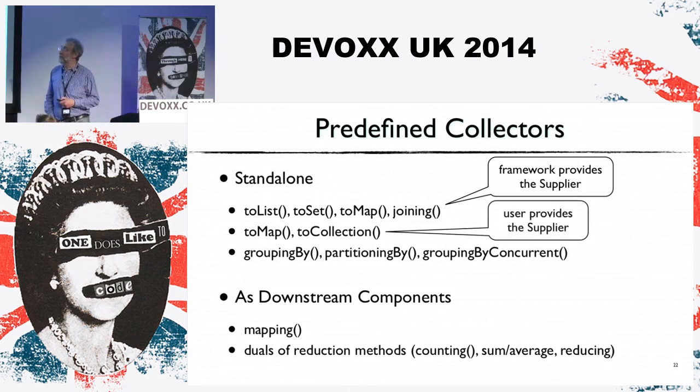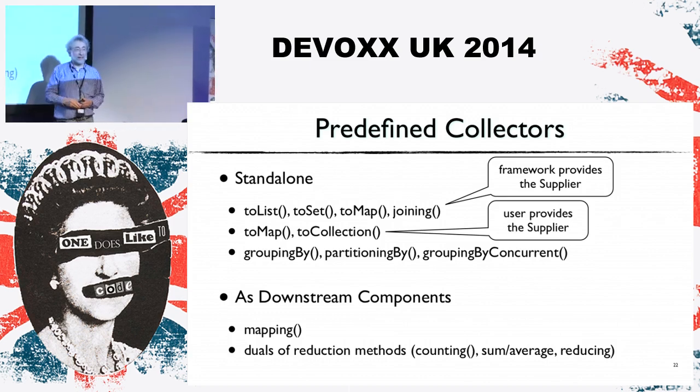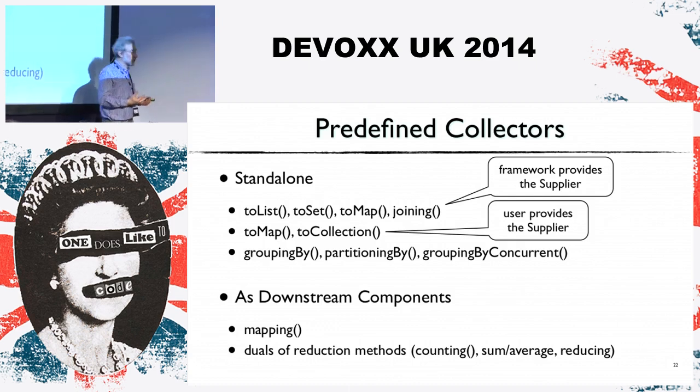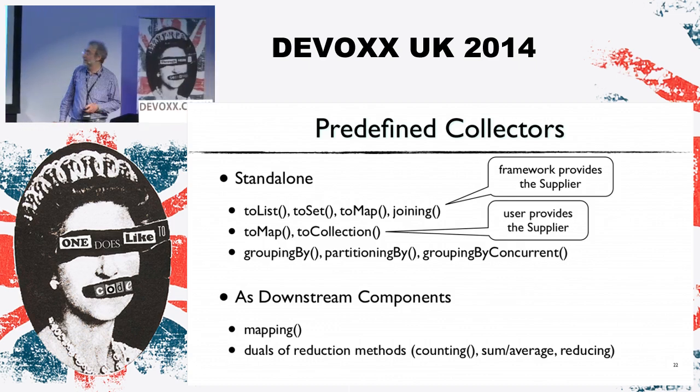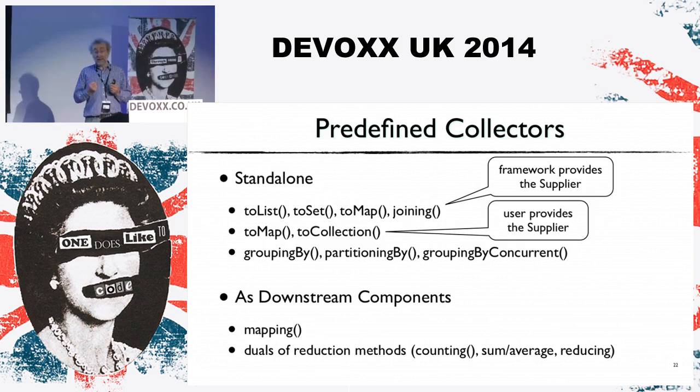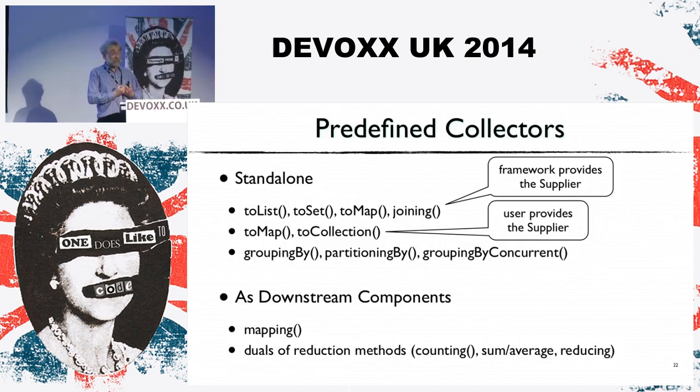To collection will cover toList and toSet, and toMap allows you to supply your own map. So these are relatively simple ones. Something a little bit more complicated are these ones here, the groupingBy collectors, which do classification. I'm going to talk a lot about those in the next 21 minutes. And the great thing about collectors is that they're composable,